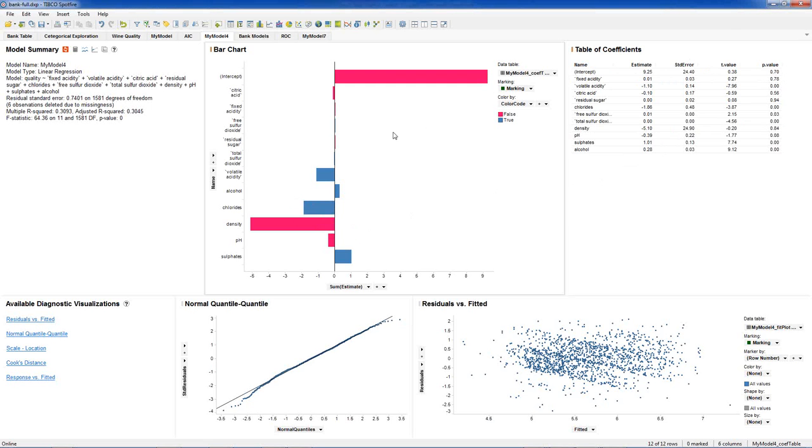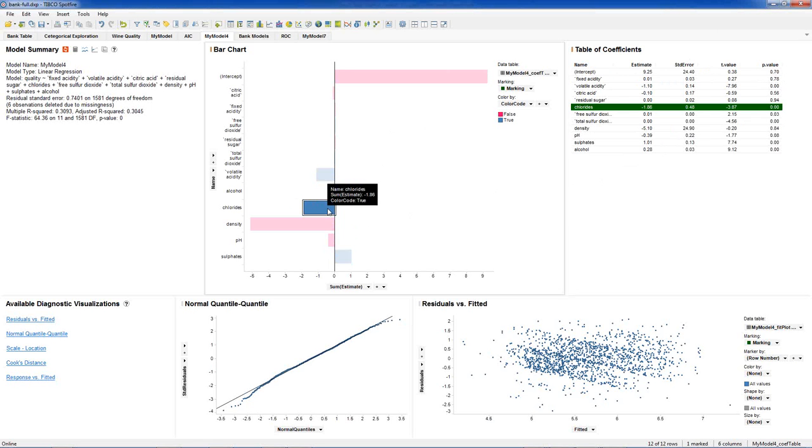But let's look at some of the things that are more interesting, and this we'll look at: the chloride and sulfates coefficient. This is where I think it's kind of cool to ask some questions and see in this particular data set what's happening. If you look at the chlorides, this estimate is, let's call it, -2.